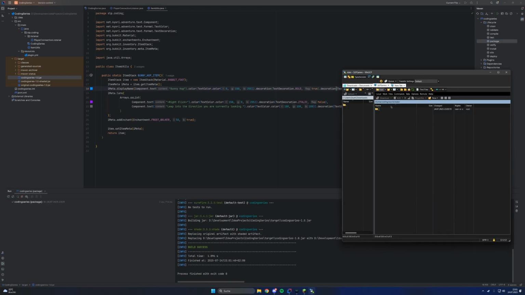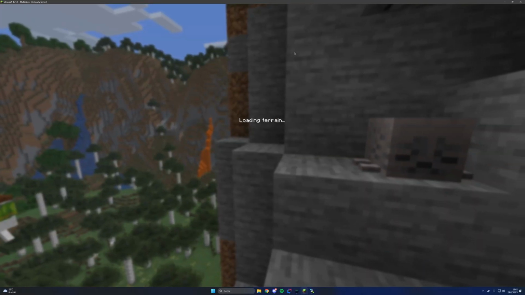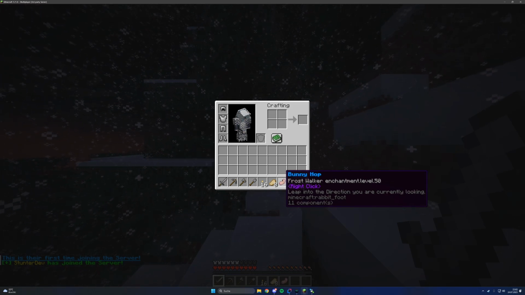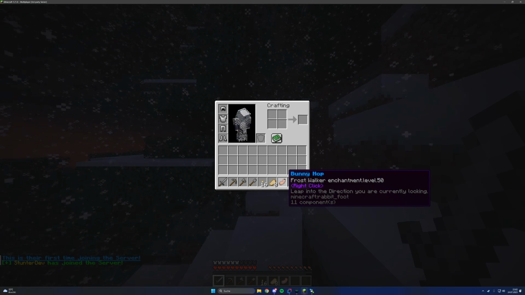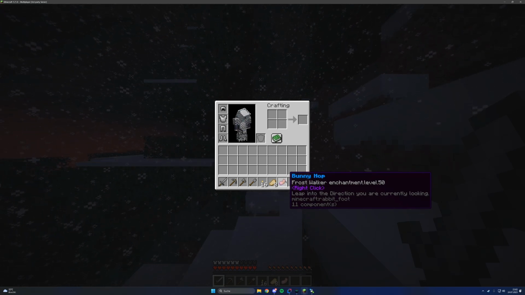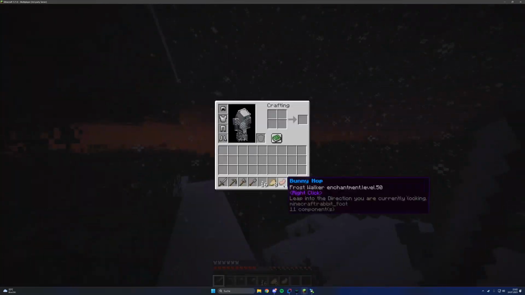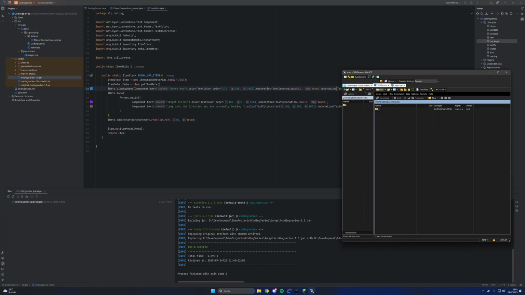And now if I am going to upload the plugin to the server again, reload and delete my player data, you can see that the item name is no longer cursive and the item description is also the way we want it. You can definitely see that the Frostwalker enchantment is kind of intrusive right here. So if you just want to give the item the glow like this, without showing the enchantments, what you can